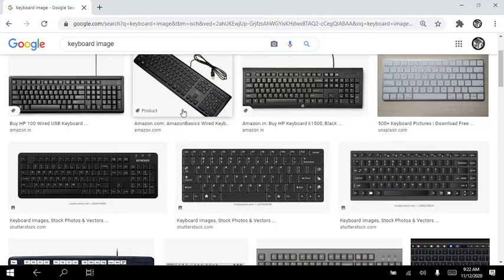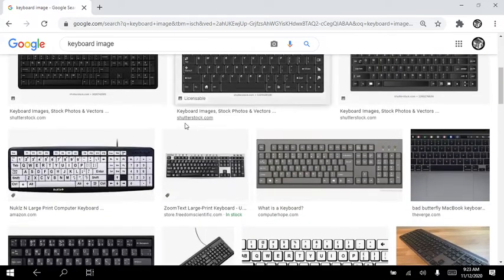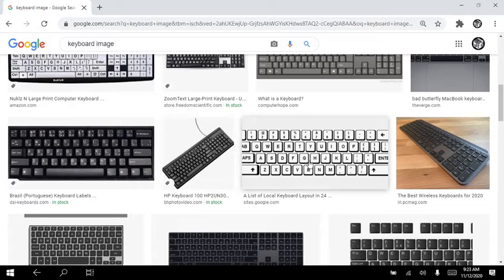What are the keys which are available? You will be having alphabet keys, number keys, punctuation. Punctuation means single quotes, double quotes, question mark, apostrophe, etc. Function keys F1, F2 up to F12, those are called function keys. Then you have arrow keys wherein you can move left, right, top and down.